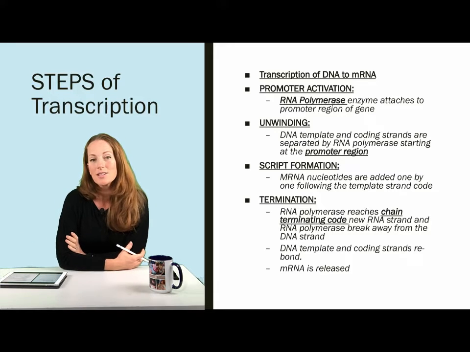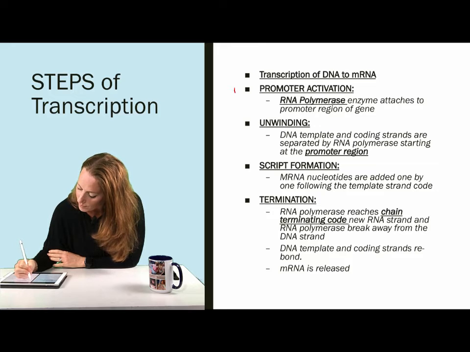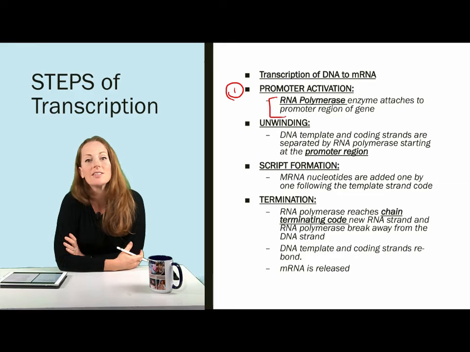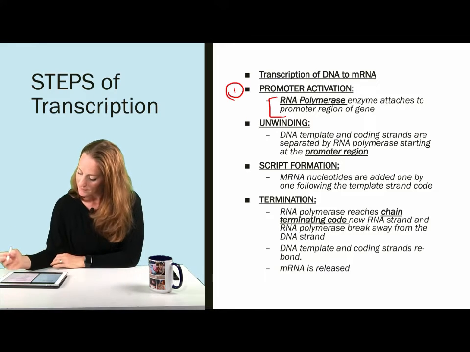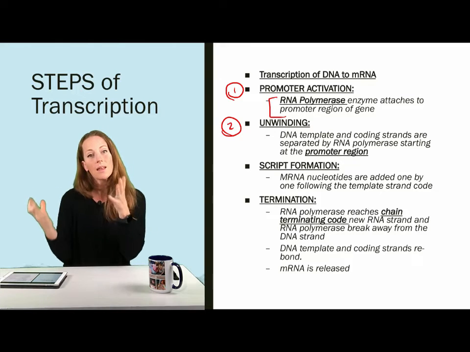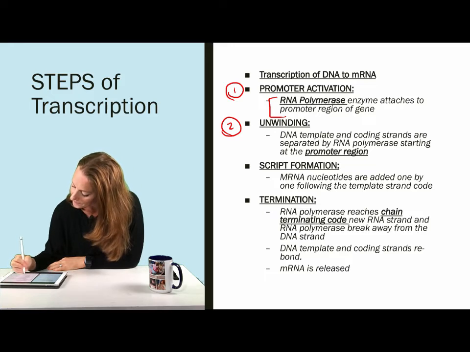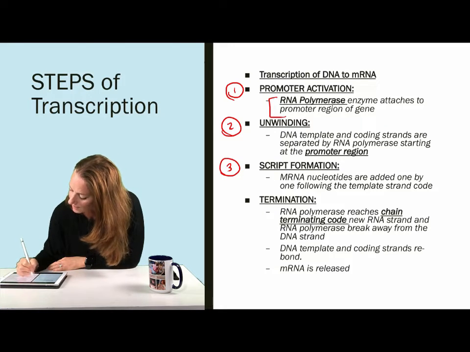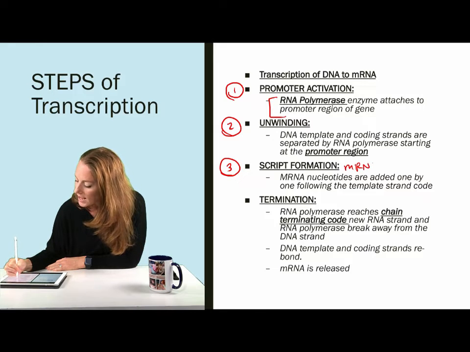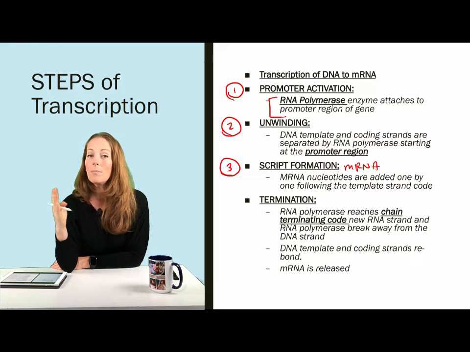So let's go back to our list of steps. First, we have promoter activation, where the RNA polymerase attaches to the promoter region of a gene. Then we have the unwinding, or the opening up, the separation of the template and coding strands of the DNA. Third, we have the transcript formation, which is forming the mRNA, adding nucleotide by nucleotide to match that complementary pair